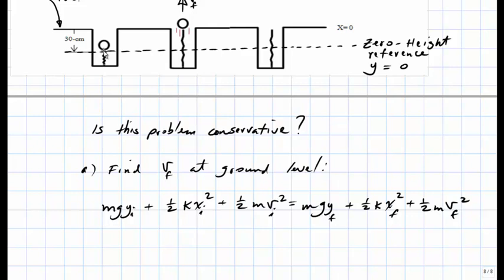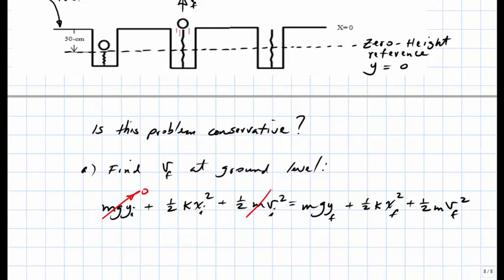As you can see, the ball is located at the 0 height reference, which means that its initial y value equals 0. Therefore, this term is eliminated. The second term is the spring energy term, and you can see that it is not equal to 0 because x represents the compression in the spring, and the spring is in fact initially compressed. This term represents the ball's initial kinetic energy. Now, since the ball starts from rest, it has no velocity, therefore the velocity is 0, and therefore the entire